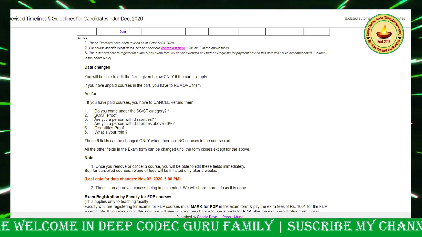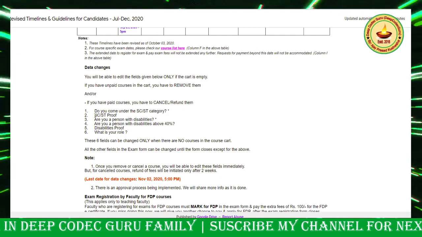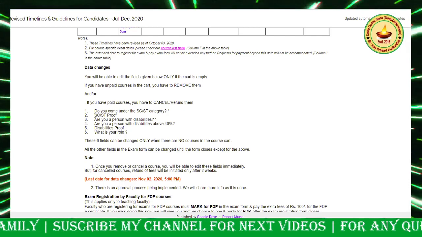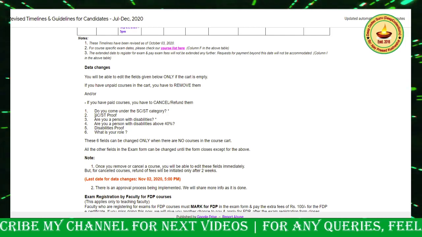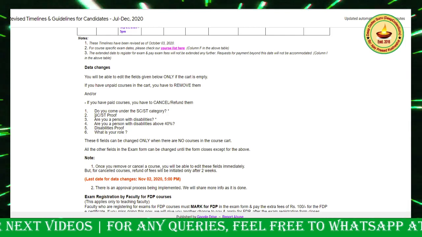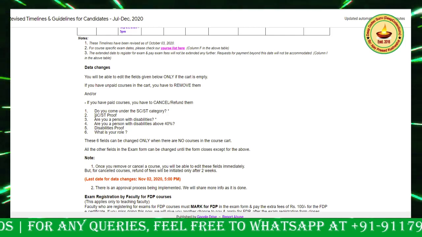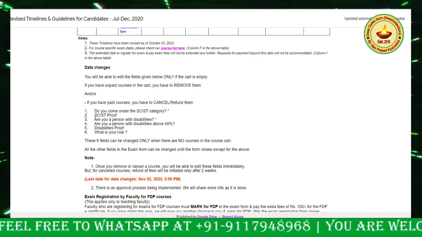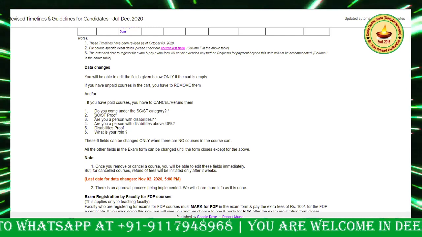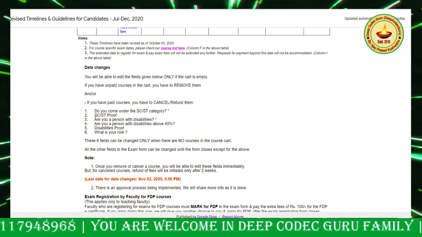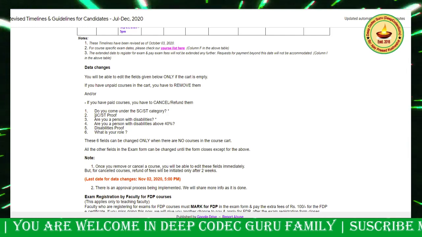And keep in mind, the disability must be more than 40%. For every disabled person, the government or the authorized institution gives the disability percentage. So if your percentage is above 40%, then only it will be applicable. While submitting this proof, keep that in mind.